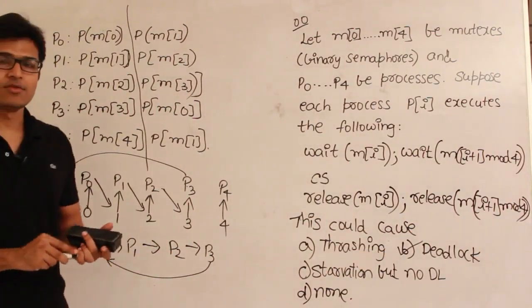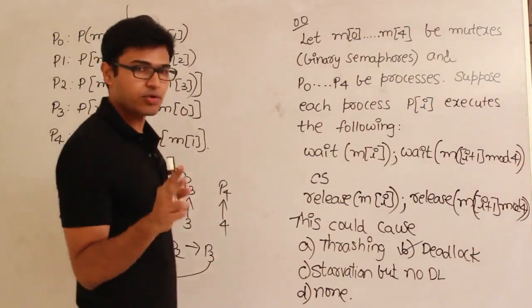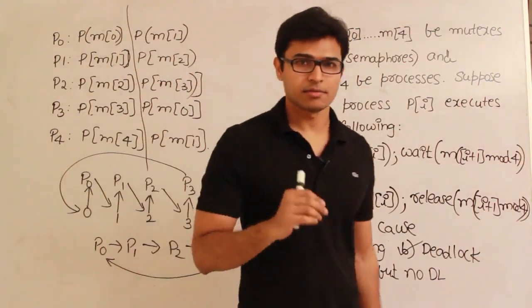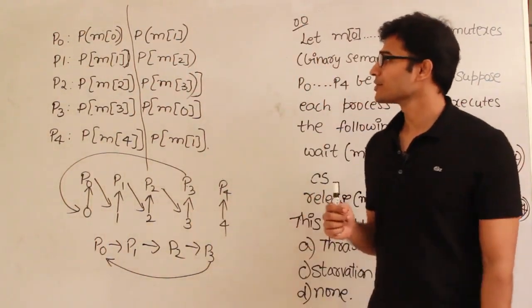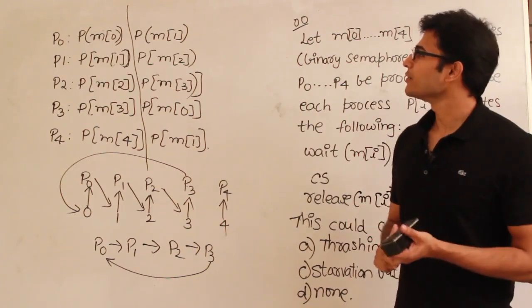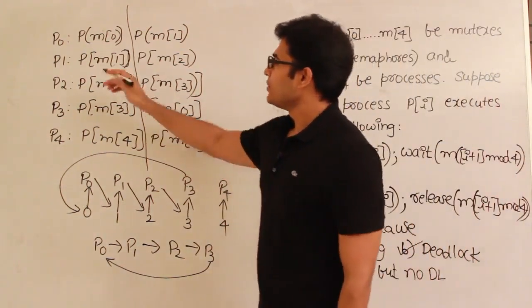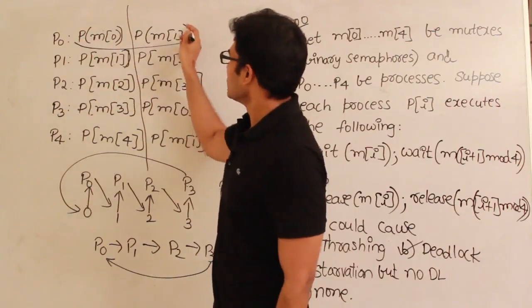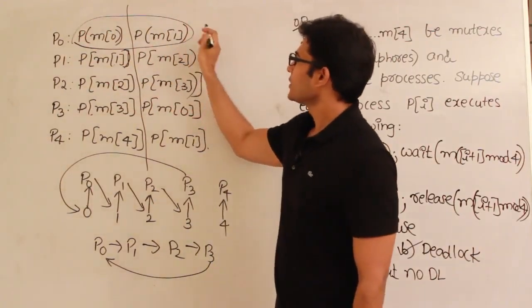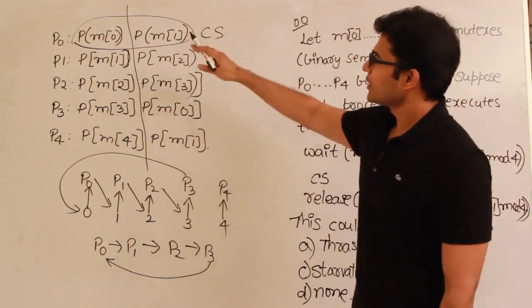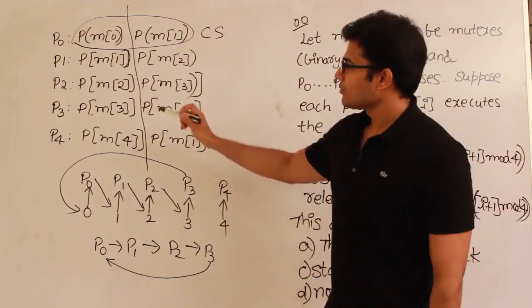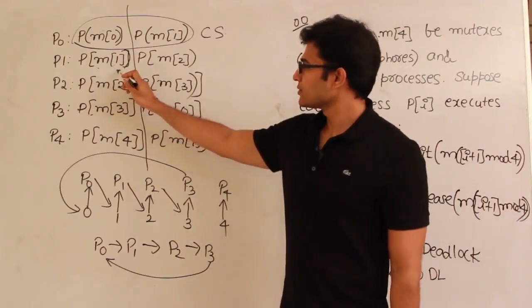I don't think so. If you look at it, there is a chance that two processes might enter the critical section at the same time. Can you guess which two processes can enter at the same time? Watch it. Assume that P0 runs these two lines, then it will directly go into the critical section, right? So it has taken 0 and 1, and therefore P1 cannot enter the critical section, right?